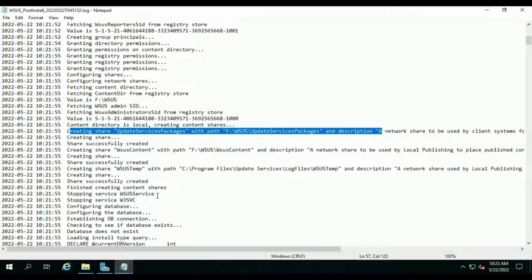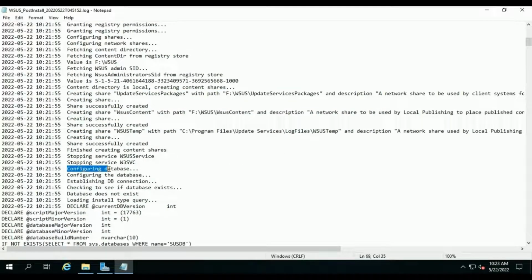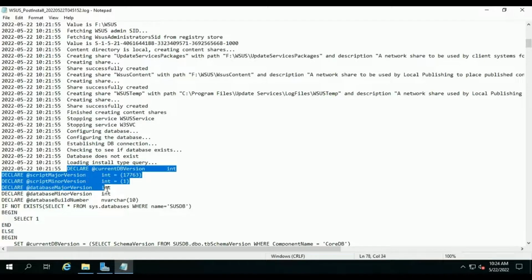And then stop WSUS and IIS services. Then configuring SUSDB database.